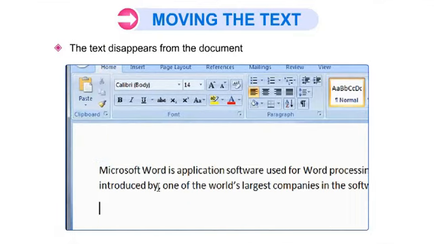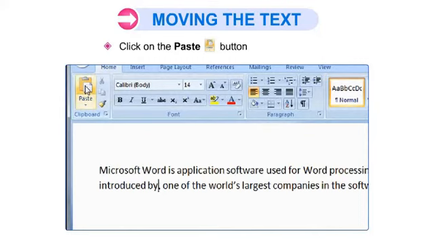Then it will cut whatever you have selected. Now whatever you have cut, you want it wherever your cursor is. Say for example, I want the text which I have cut over here, wherever my cursor is. Then what you have to do is click on the paste button.